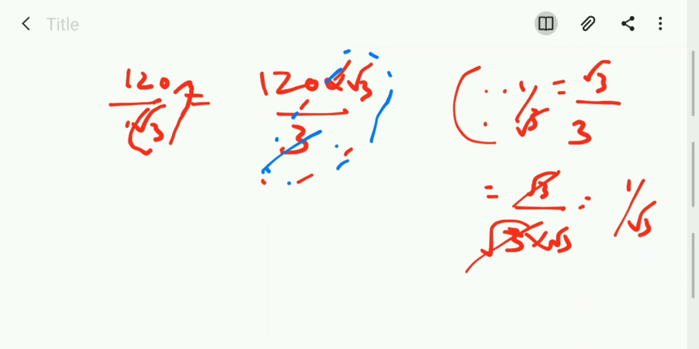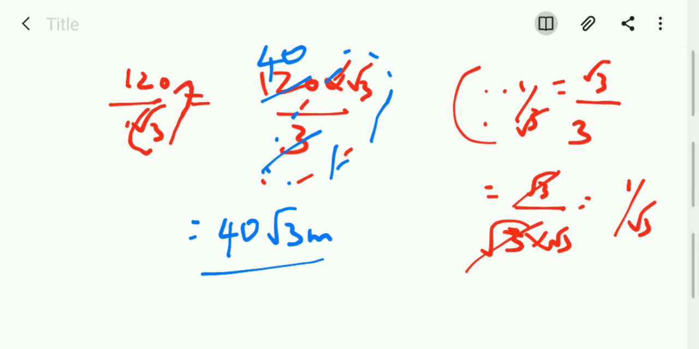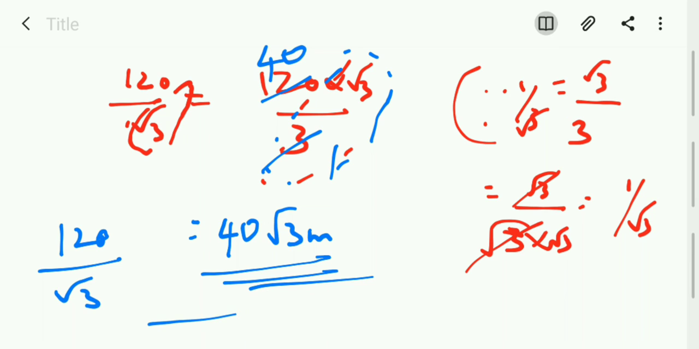Got it? Now 3 ones are 3, 40 is a, what is the answer? 40 root 3 meter. Easy. Or there is also a way which is nothing but 120 by root 3 or 40 by root 3. You will be ending up with the